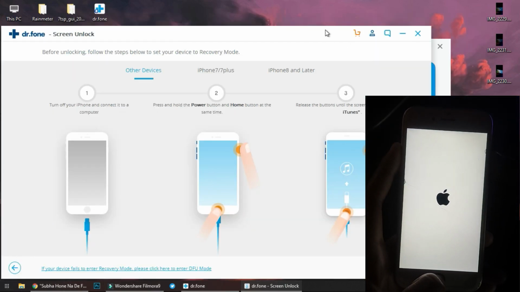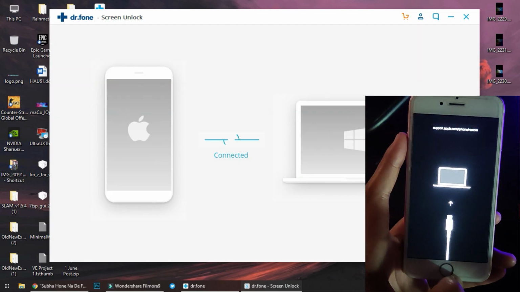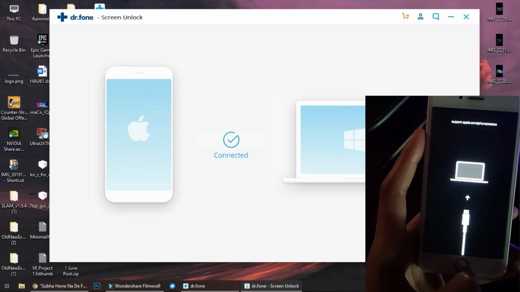Once powered off, hold power key plus home key until this kind of screen pops up, and just like that, the instructions on Dr. Phone also change.